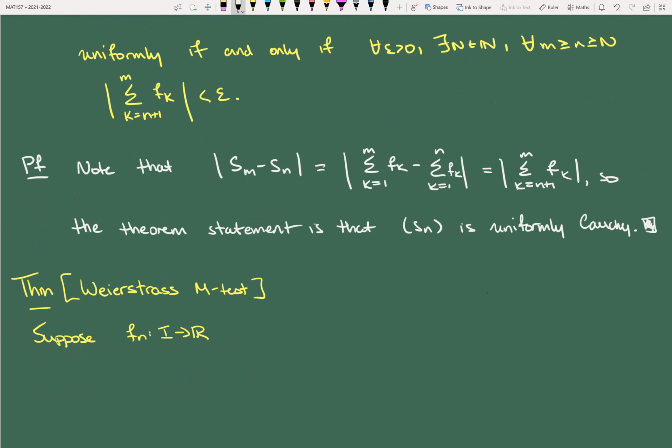Okay, so suppose f_n is a sequence of functions, and for every n, there exists a bound M_n, let's say this is greater than 0, such that